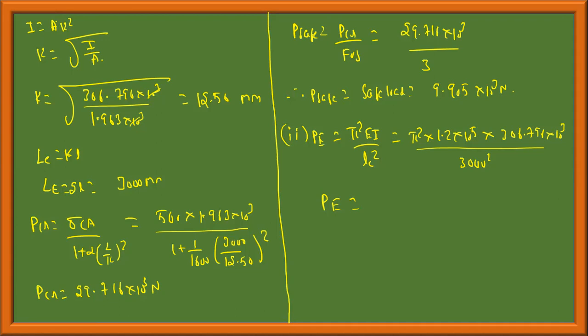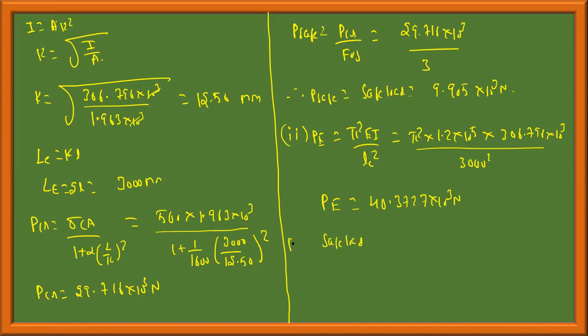47.47 into 10 power 3. 47.4, give me a moment. Yes, 40.37 is something we are getting, right? 40.372 something. 27 into 10 power 3 Newton. Safe load,